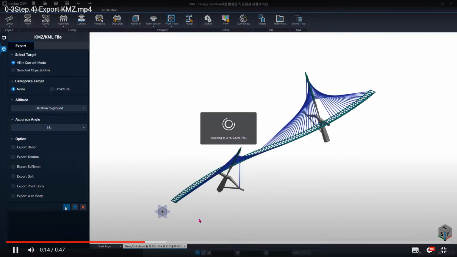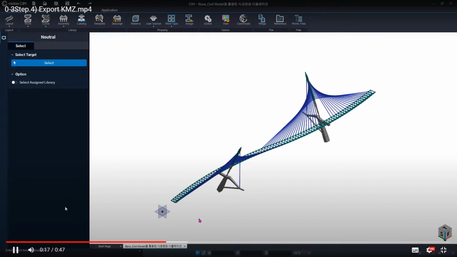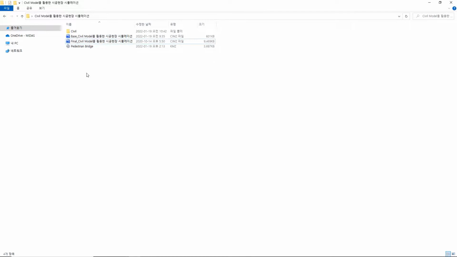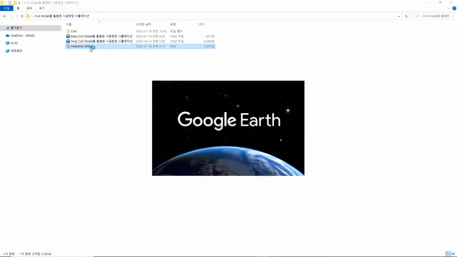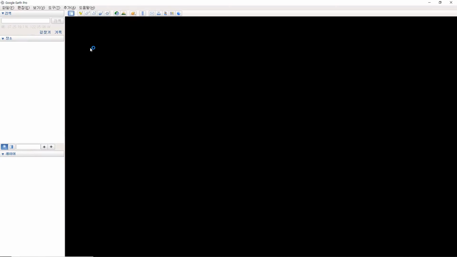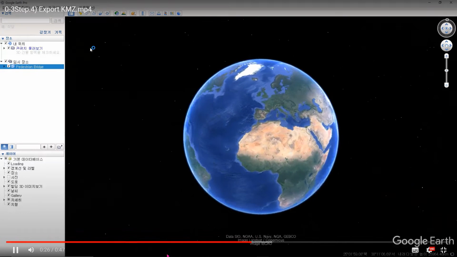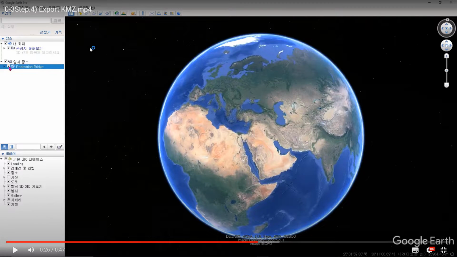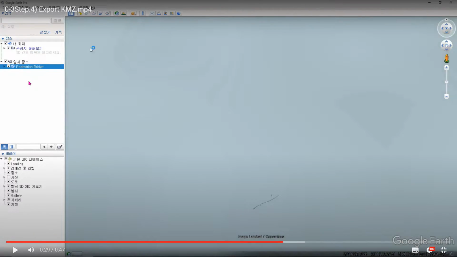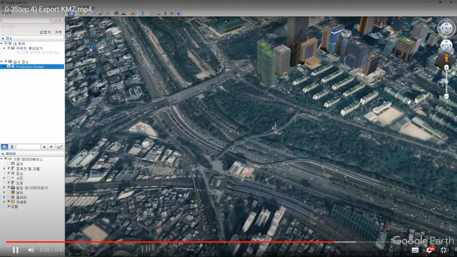Okay, and after you're done exporting, you can click on the Google Earth application or Google Earth website, and then keep in mind that you tick the pedestrian bridge KMZ file, and then it will automatically exchange the model file of KMZ to the real life Google Earth, like this.